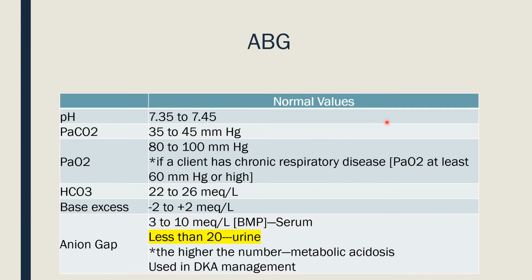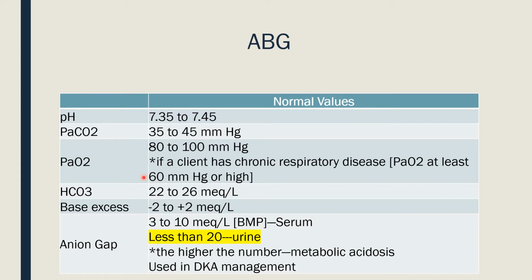Now, you will see here the normal values for ABG, and we'll be monitoring the pH, the PaCO2, the PaO2. I want you to pay attention to the PaO2 because the normal value here is 80 to 100 millimeters mercury. However, if your patient has chronic respiratory disease like COPD, then you would notice that their partial pressure of oxygen is only at 60 millimeters mercury or above that, and that is not normal, but an expected finding